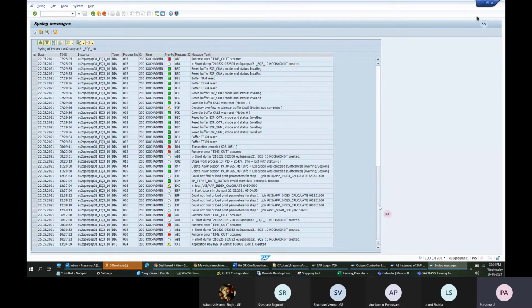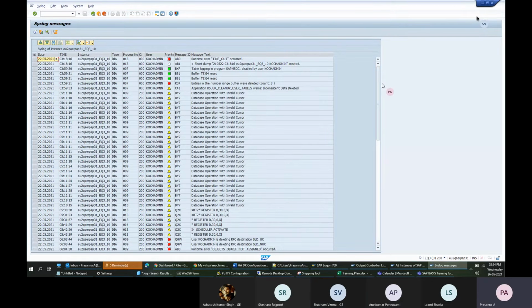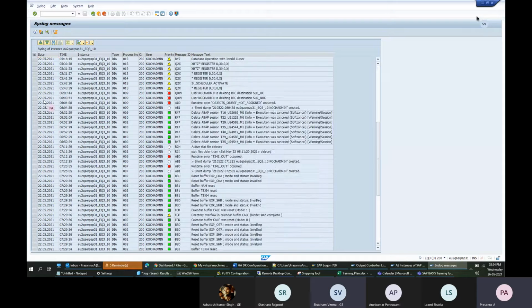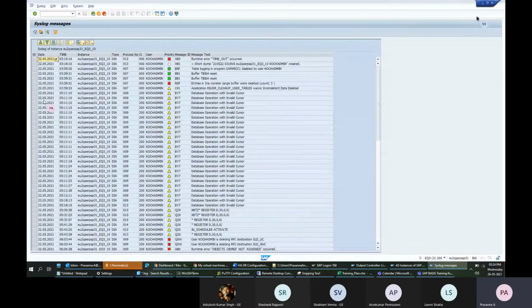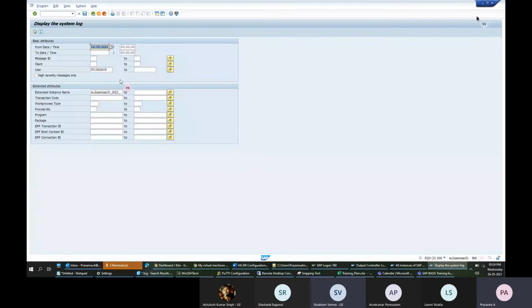The date range also I increased. I started from the 12th of this month, so you'll see the 12th, yes. I think nothing is there, but only these days some logs are there. So this is how you filter for troubleshooting or when you want to see only a subset of data.